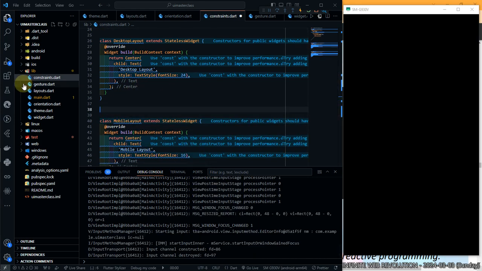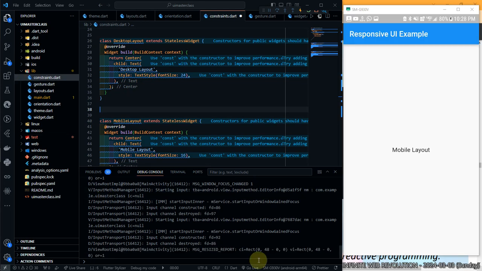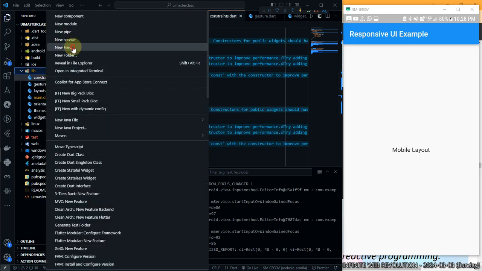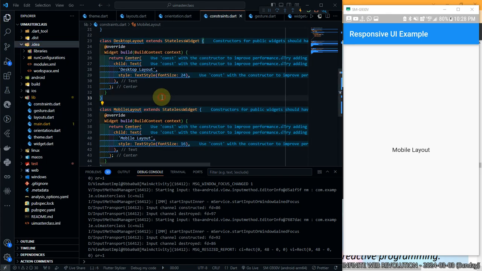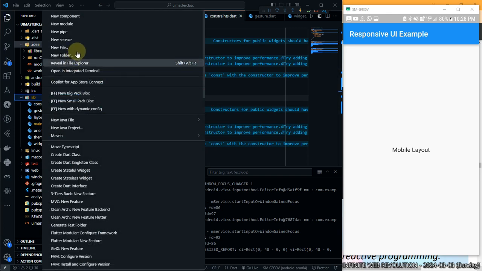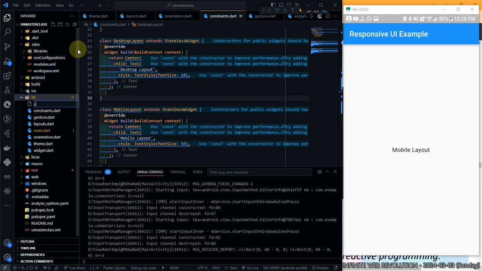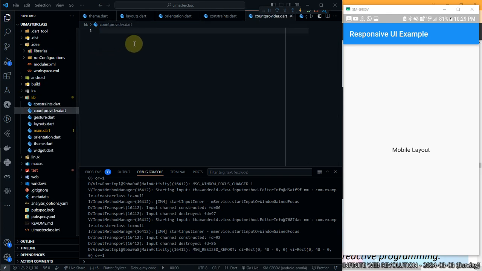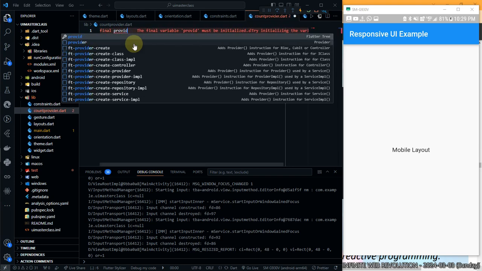So I'm going to go to another class and define my provider there. I'm going to say count provider. So it's just going to be something like a game. Count provider, and now I'm going to say final count